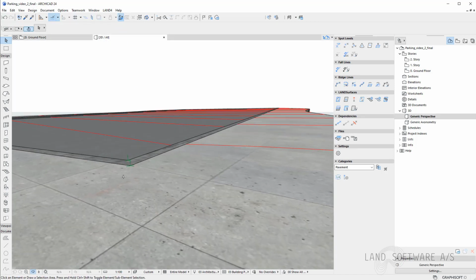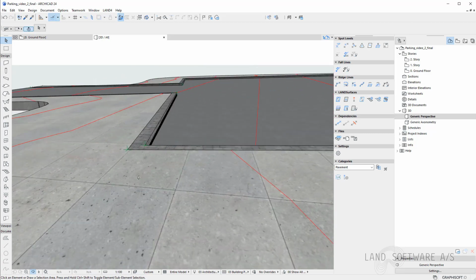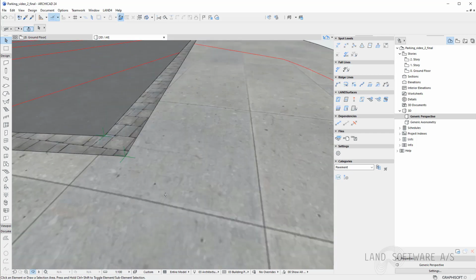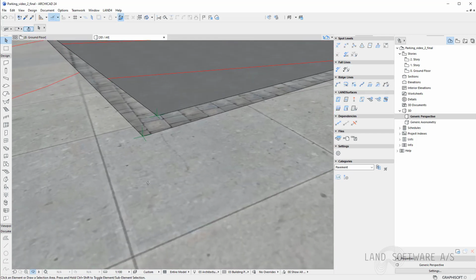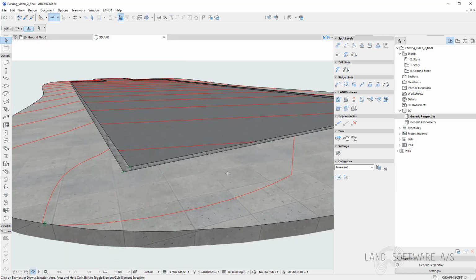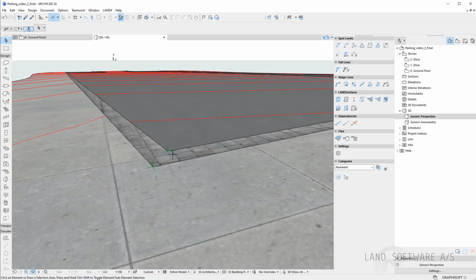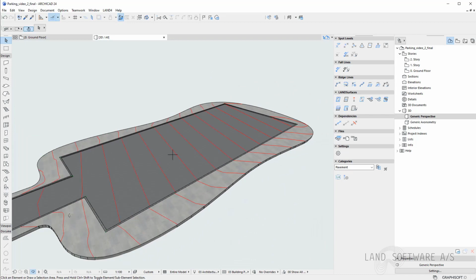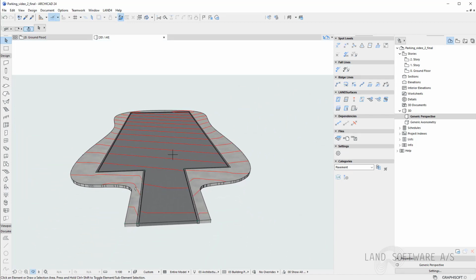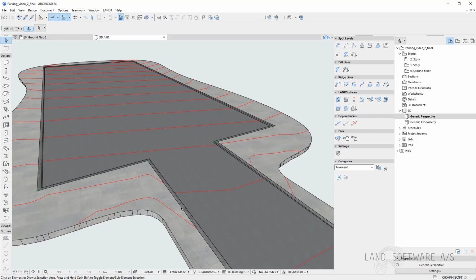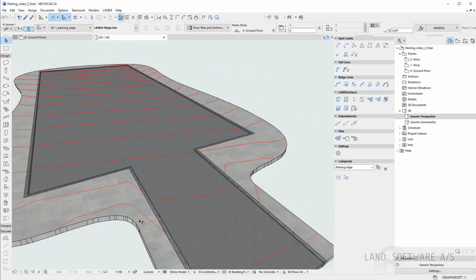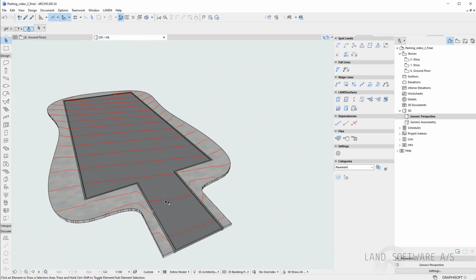Back to 3D, we can now see the surface has updated, and it follows precisely the ridge line we have just included in the pavement surface. Now, this ridge line is in both categories, but more important, we have control over the ridge line in the pavement category, and we can control it at a certain level where it should meet the parking edge. This is very useful in situations where we have two neighboring surfaces and we would like to have control on where they meet each other.